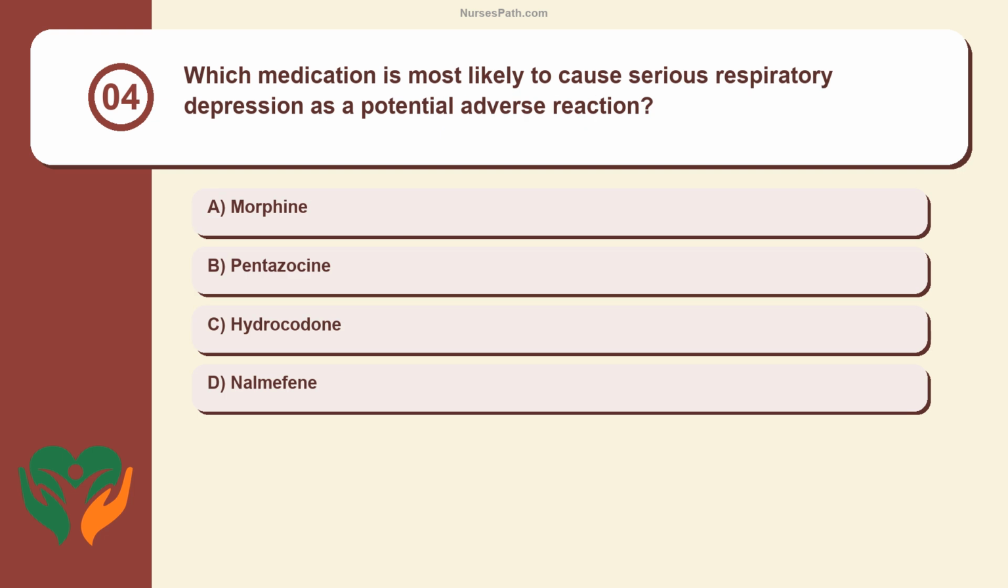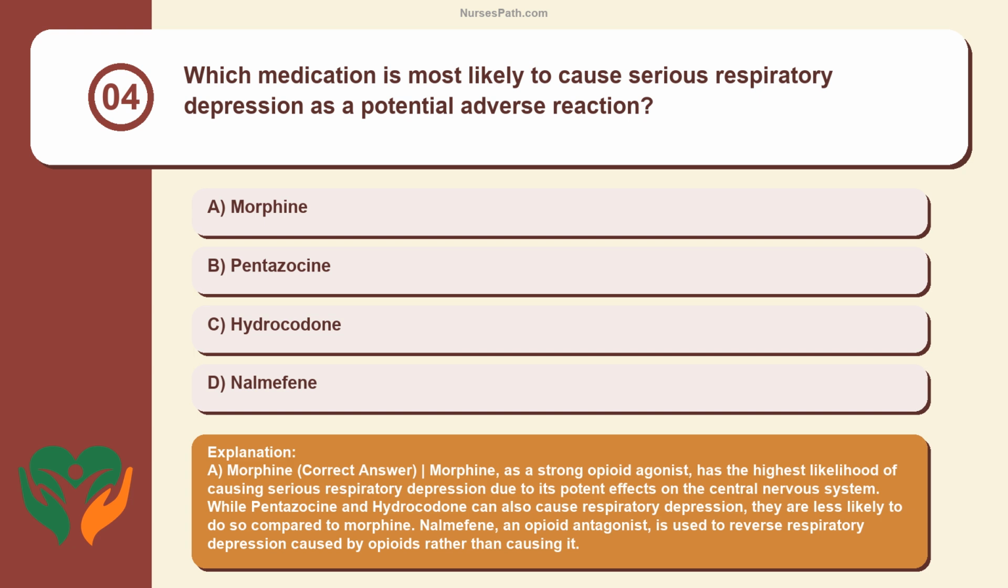Question 4. Which medication is most likely to cause serious respiratory depression as a potential adverse reaction? A. Morphine, B. Pentazocine, C. Hydrocodone, D. Nalmefene. A. Morphine. Correct answer. Morphine, as a strong opioid agonist, has the highest likelihood of causing serious respiratory depression due